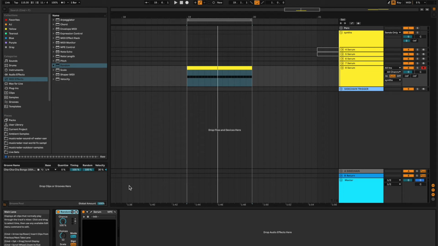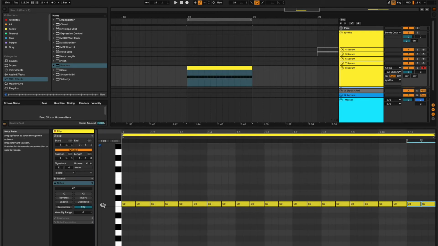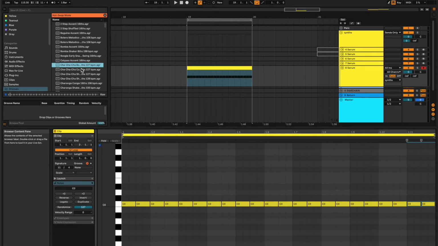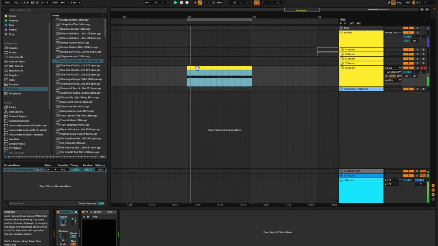So now I'm going to go ahead and randomize this even further. The problem now is the rhythm is the same the entire time, and when people listen to your track, if they can recognize the rhythm and hear it repeating, they're not going to think you have a very high IQ. So we want to change that, and the way we're going to change that is we're going to go ahead and set a groove. It could be any groove. Doesn't matter which one you choose. And then just turn the random all the way up. And then change the bass to a quarter note so that it's even more randomized. And now if we play this,